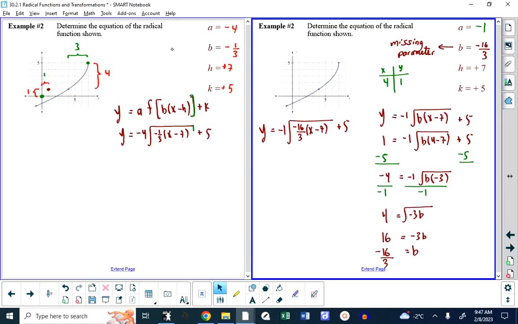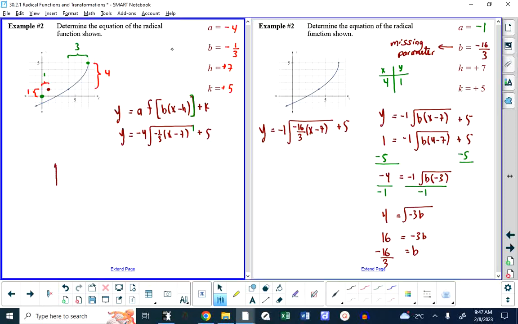I have on the left-hand side, it's a little small, what we got when we did it using a key point and 2 stretches. And I have on the right-hand side doing it this way because I was told, no, a is -1. What this is saying is there is a vertical stretch by a factor of 4 and a horizontal stretch by a factor of 3. Would you agree? Among other things,